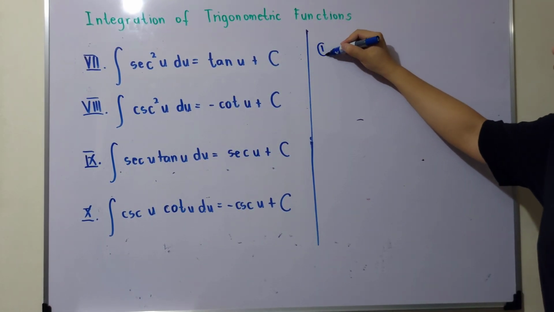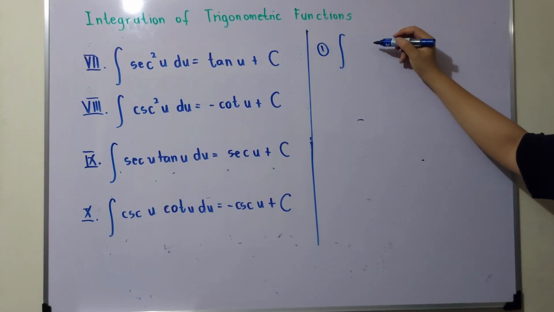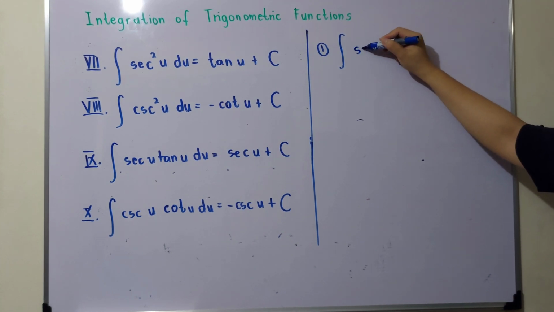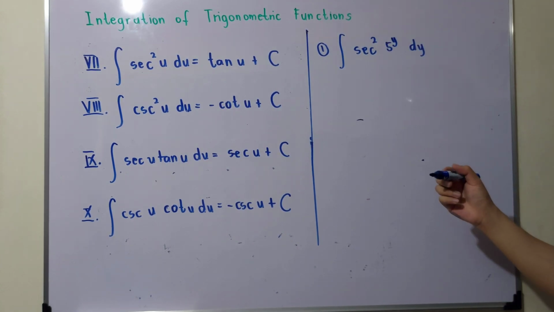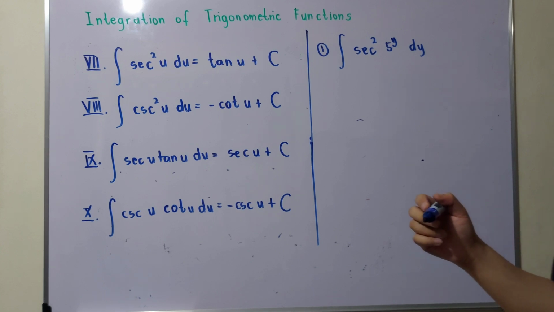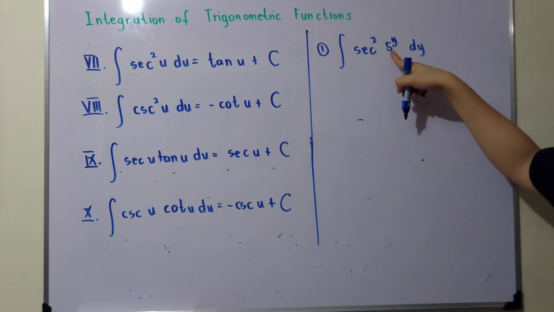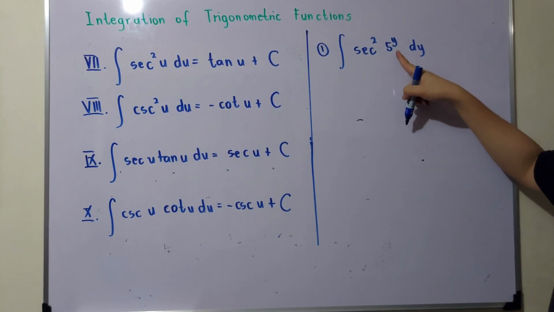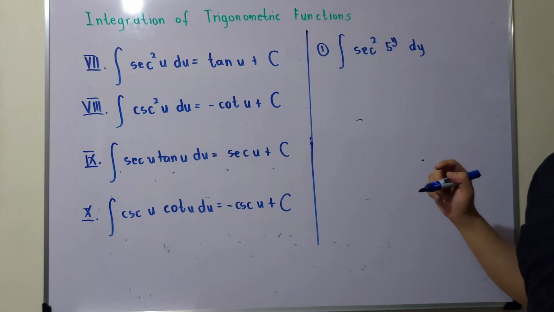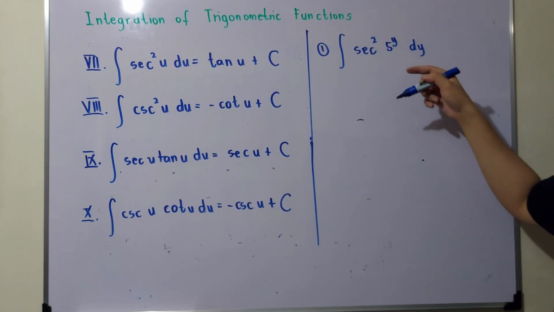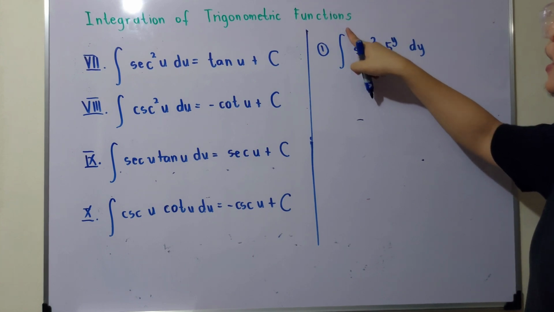So, number 1. So ngayon, we have secant squared of 5 raised to y dy. This one is an exponential function. So alam niyo naman, pag exponential function, ang kanyang derivative ay kinakopy lang. So meron tayong, maglalagay tayo dito ng,